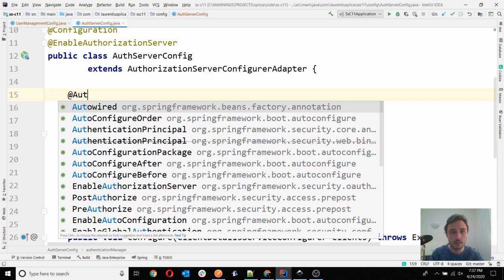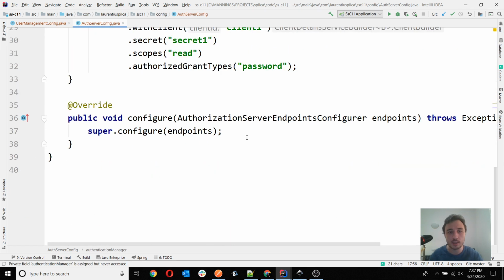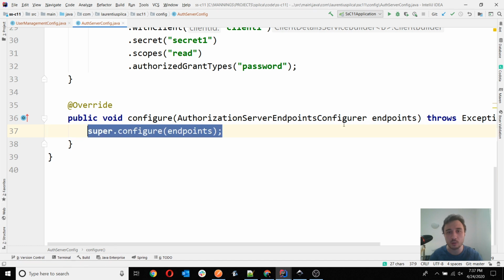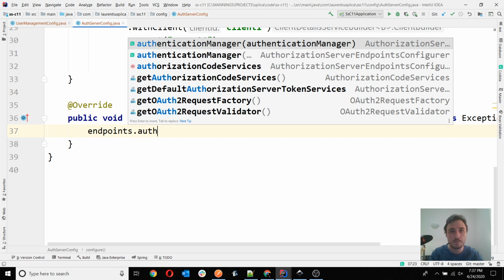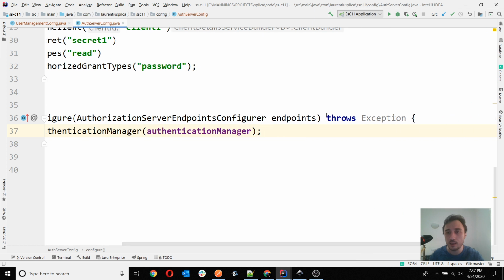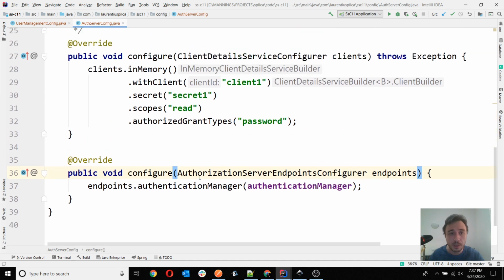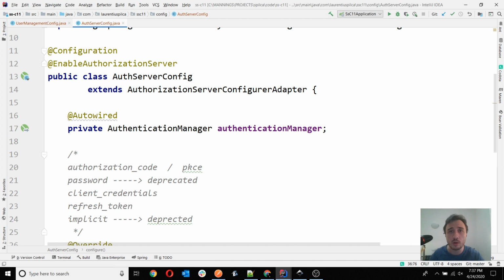and then configure it to my authorization server using the configure method that receives the endpoints as parameters. So endpoints, authentication manager, and I configure it, I have set it, and for the moment, I don't need to throw any exception. By the way, this way of taking the authentication manager is the same one I've taught you